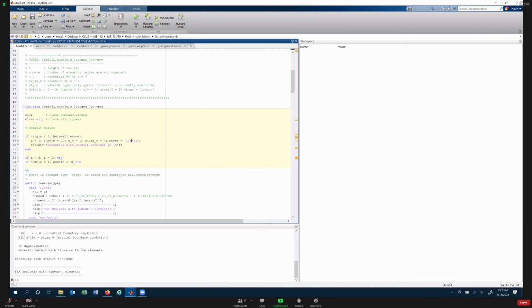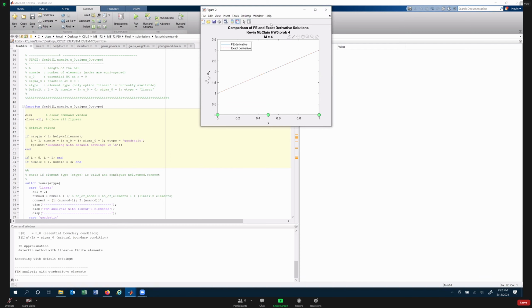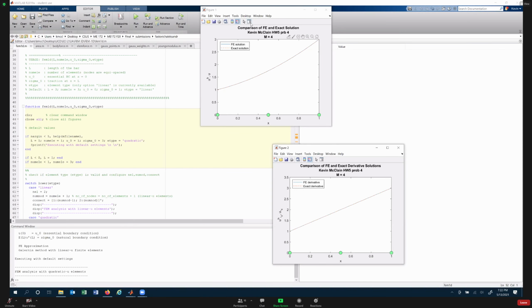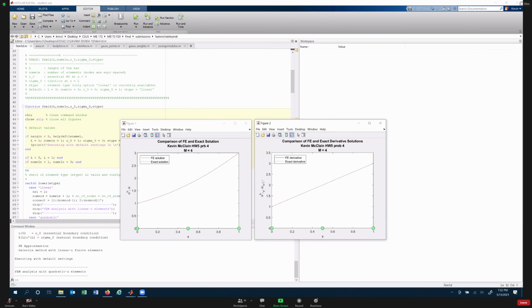If we change this to, so that was a 20. Let's change this back to 1. And change this to quadratic. Look at the difference. They're like spot on to each other. And that's just with a single element. So kind of the punchline to this is typically,